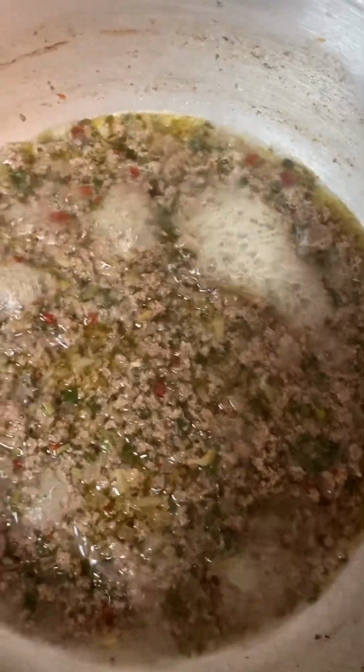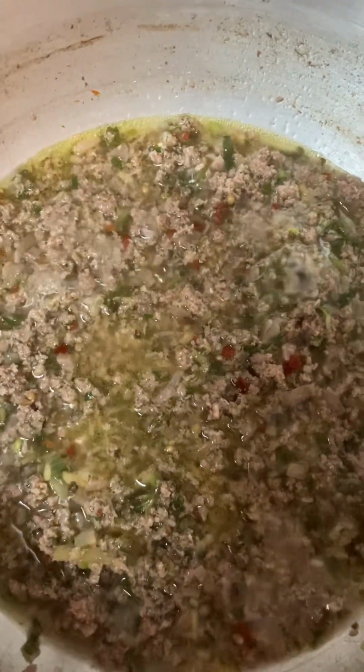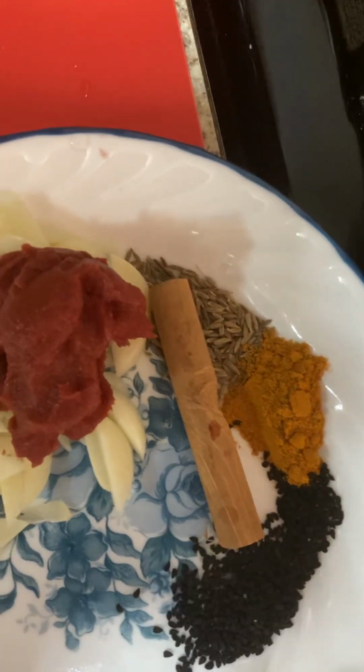I'm cooking aloo keema. This is ground beef. I added onion, pepper and ginger. So here I'm going to add now black seed, turmeric powder, cinnamon stick,